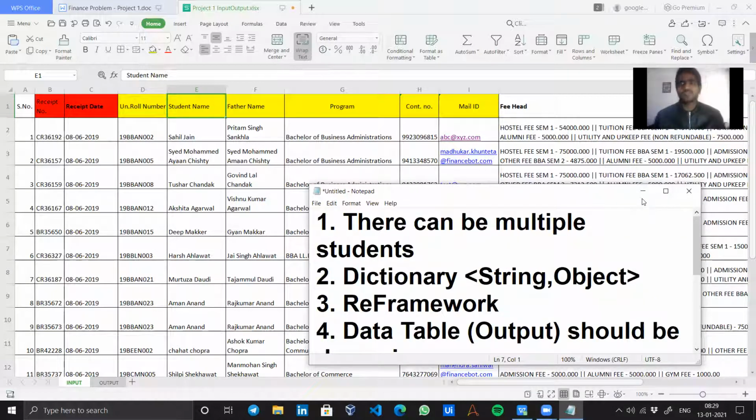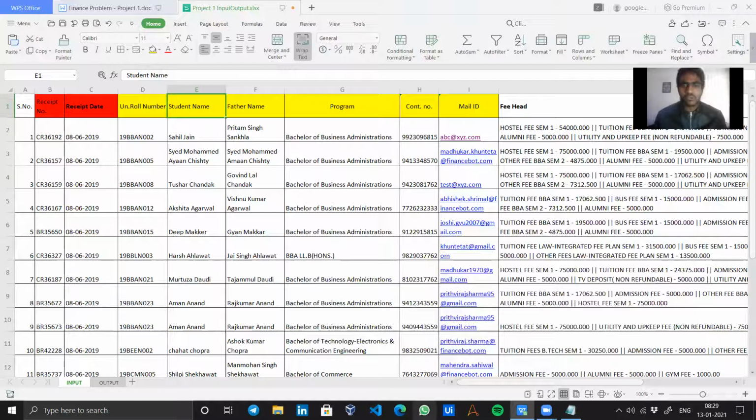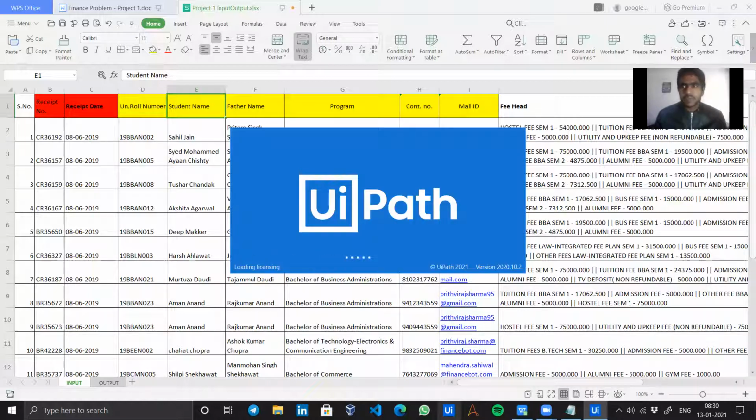Now let's go and have a walkthrough over our UiPath REFramework, how we are going to do all these projects. Today in this first video, the main aim was to decide what the factors are, what the input and output of the data are, and how our approach will be, what we will be using. So before moving further, I will just create the project and set up the files, and we will start the actual development of the project in the second video.